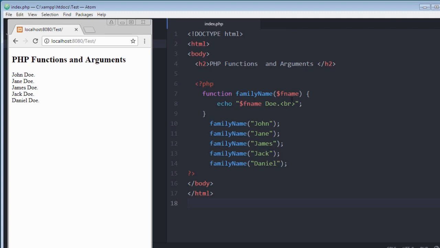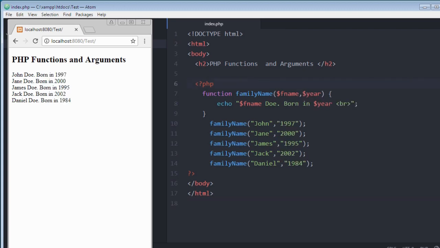Here I've only used one argument. You could use multiple arguments if you wish to do so. So I'm going to add another argument to jazz this up a little bit. I have now modified the code to take in two arguments. The function now takes in two arguments. The first is fname and the second is the year. So now it's echo